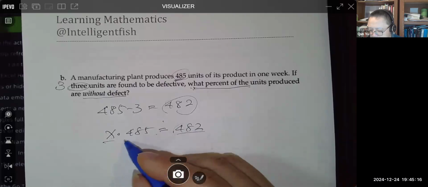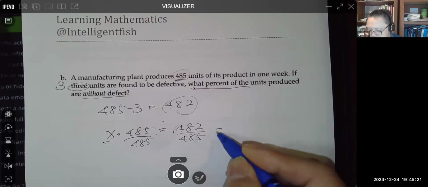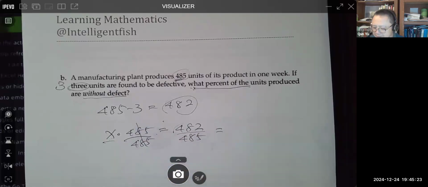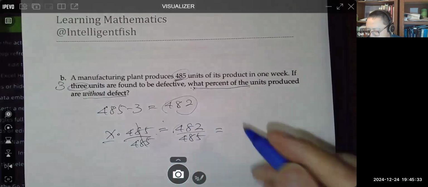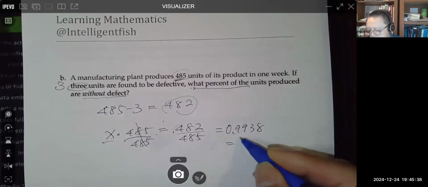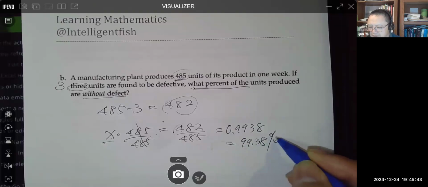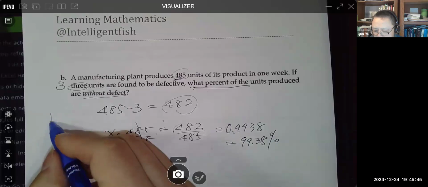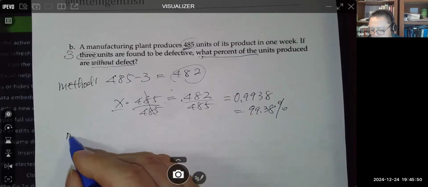So we divide by 485. This is going to be a high percentage. 482 divided by 485 is 0.9938. We take two decimal digits, move two decimal places to the right. 99.38% are without defect. This is method 1. Now, method 2,